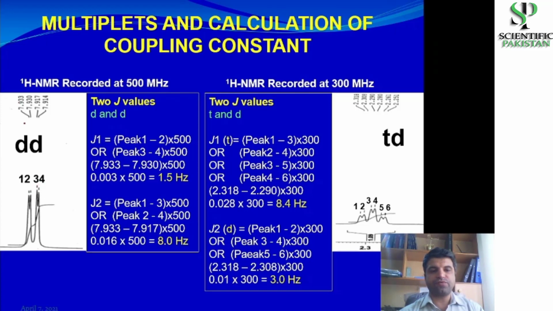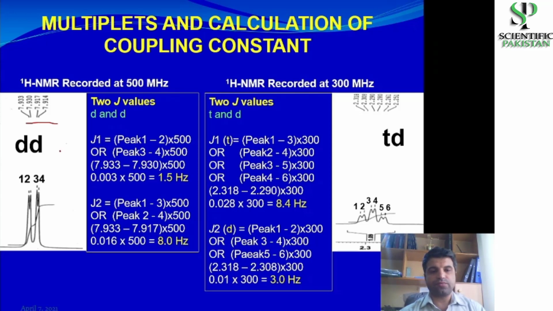The chemical shift values are given here. So this is for 1, this is for 2, this is for 3, and this is for 4. As you just saw in the splitting tree diagram, a double doublet has 2 coupling constant values. So we have to calculate 2 coupling constant values. But before moving into calculating them, let me tell you how we can simply calculate